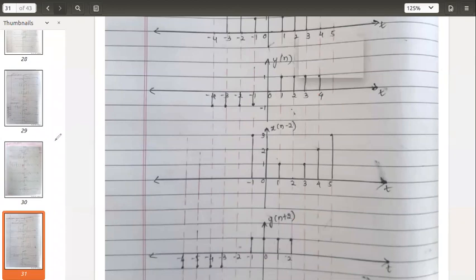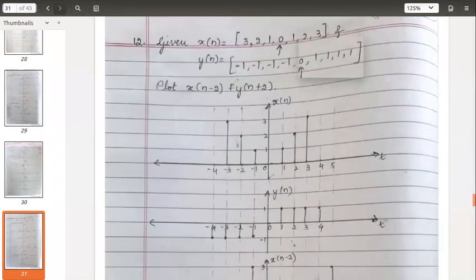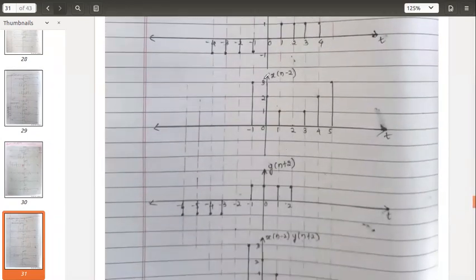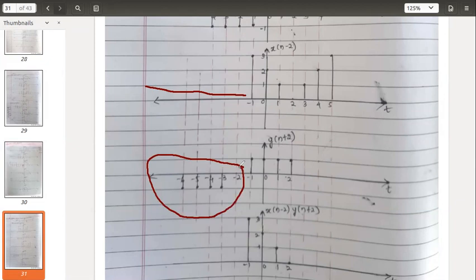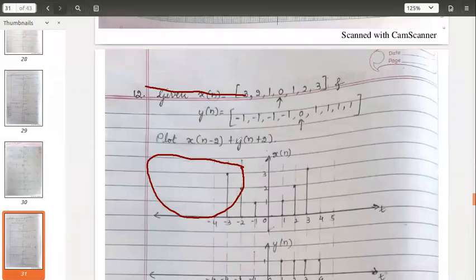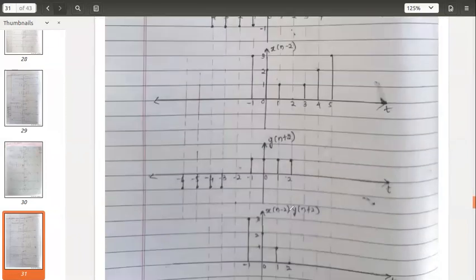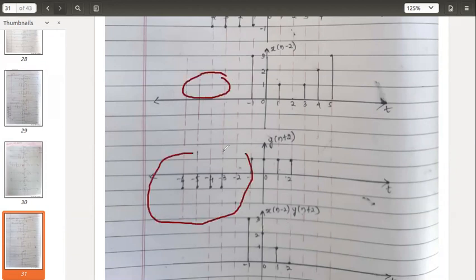Once you do this shifting, now finally what we need to do, it is addition. We need to add both the signals. So here I have drawn both the signals. Observe, you don't have any signal till minus 1, but observe here, you have this signal. Okay, I think I have multiplied, sorry. I don't know whether it is plus because what I have done here, I have multiplied. So if I multiply, I have got this. You please try to do addition. I have multiplied. If I multiply 0 into some value, I'll get 0 here.